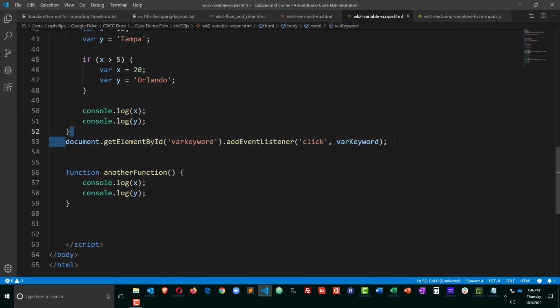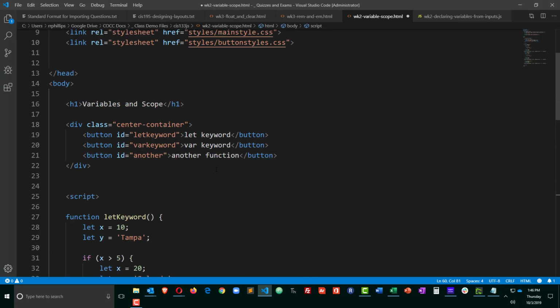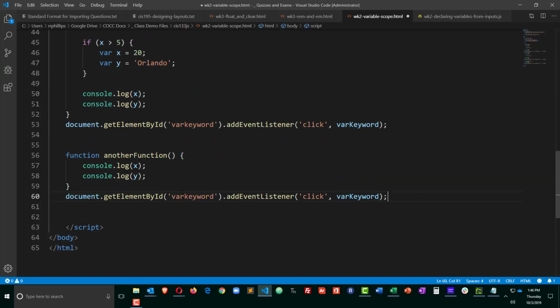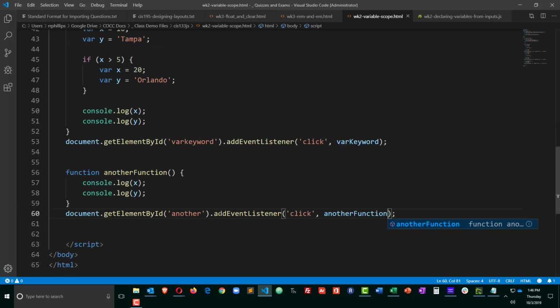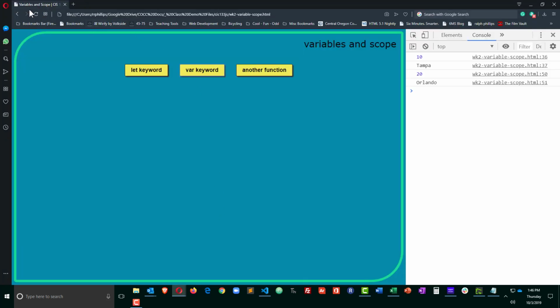Okay, so basically, I do need an event listener for that. So let me just copy one of my previous ones. And let's see, what button am I working with here? This is my another button. And the function is going to be my anotherFunction. Okay, so you see this third function is only going to display x and y, but what is it going to display? Let's find out. Head on over to the browser, refresh, let keyword, 10 in Tampa, var keyword, 20 in Orlando,